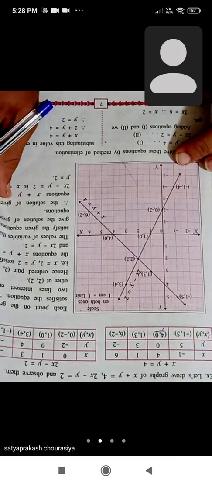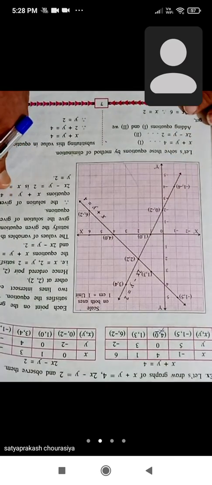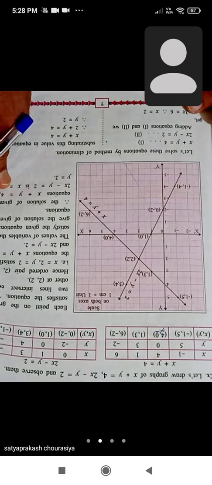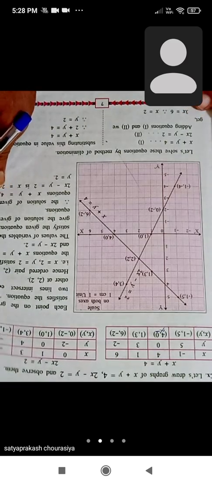So this (2, 2) is the solution of the given simultaneous equations. Okay, and you can check whether the answer that you have found is correct or not